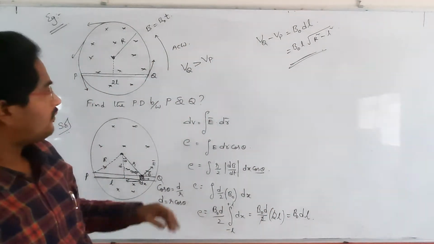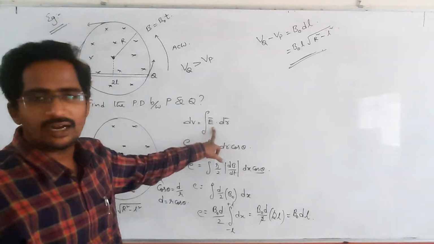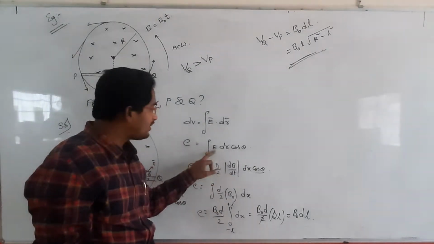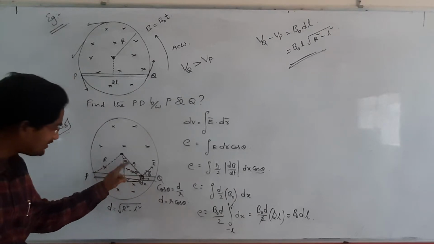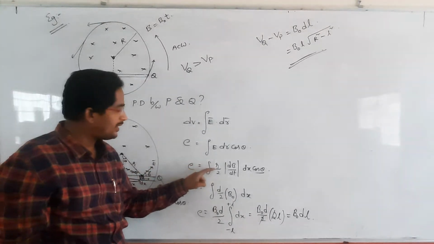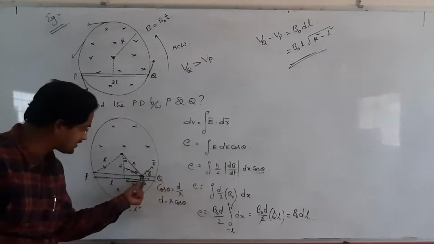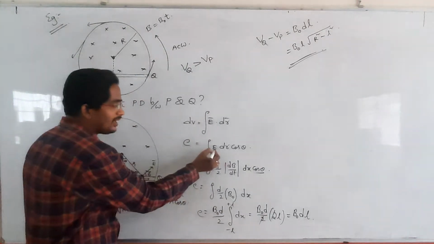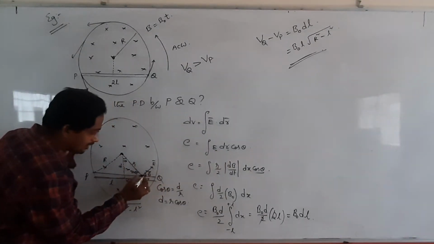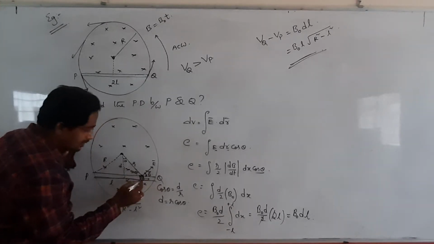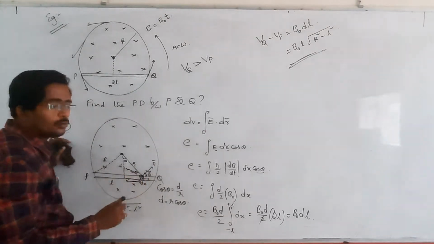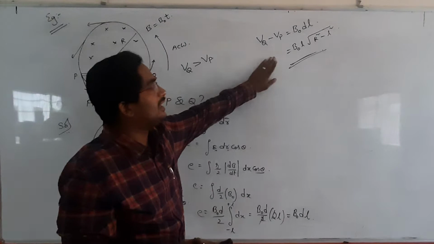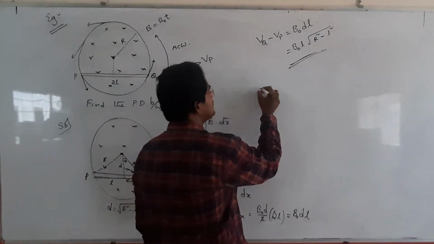Very simple. We took the potential difference formula, integral E bar dot dr bar, equal to integral E dr cos theta. The E value at this distance we don't know, so I wrote it as small r, such that r by 2 dB by dt into dr, meaning dx, so dx cos theta. Because E bar and dx are inclined at angle theta. So by solving that, we get the answer like this. There is a second method for this.